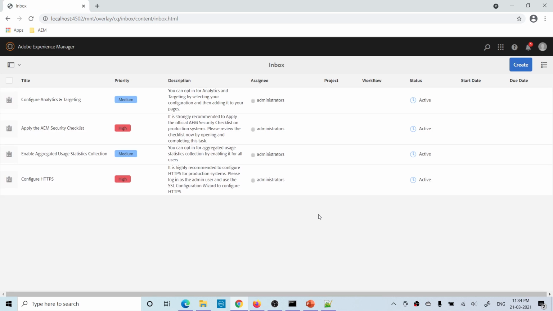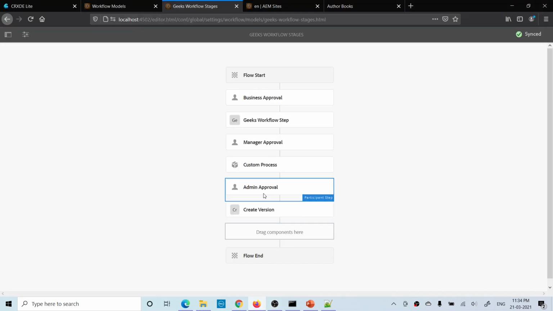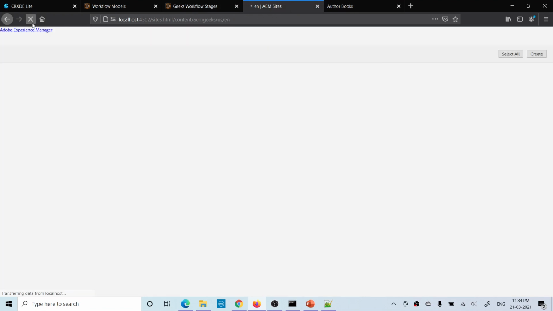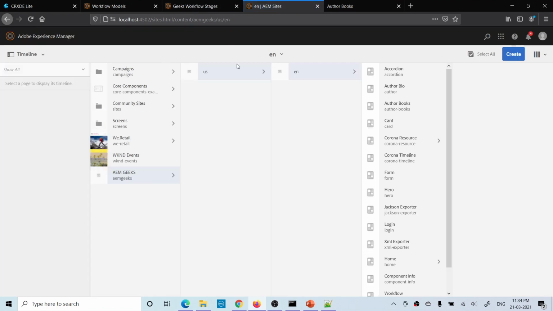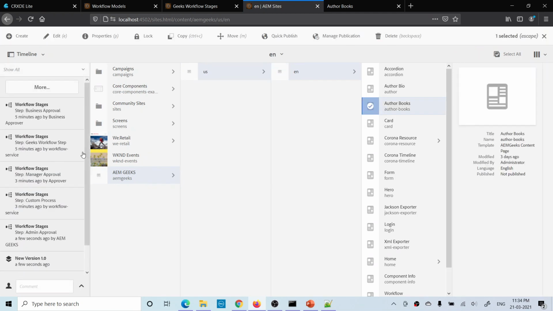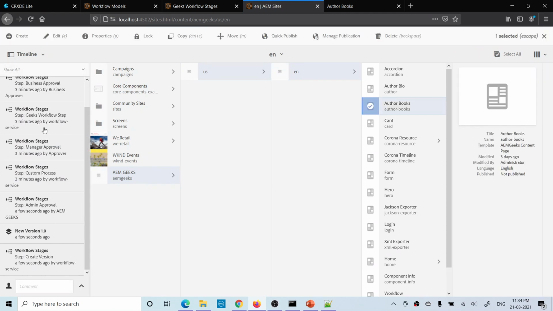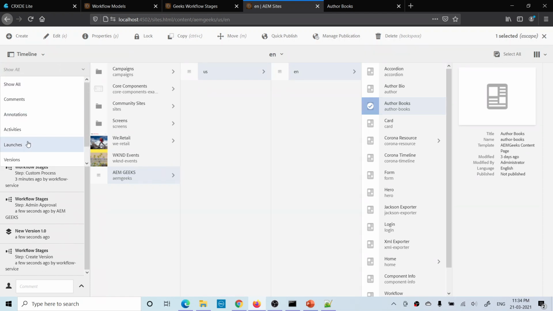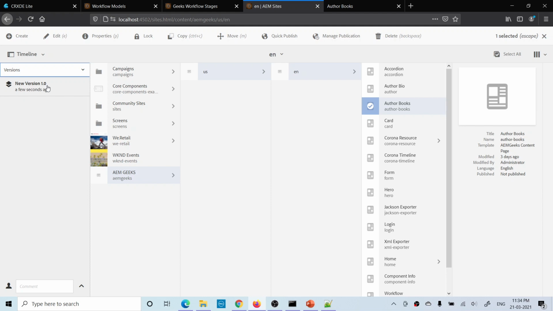Now you will see the workflow has been completed, and there should be a page because the last step of this is creating a version of this page. So go here, approve, refresh this, and just select this. This timeline will show all the actions performed on this. If you see, a new version has been created, okay? A new version has been created using this stage workflow. If you want to check only versions, you'll see the new version has been created and the workflow has been completed. So if you go here